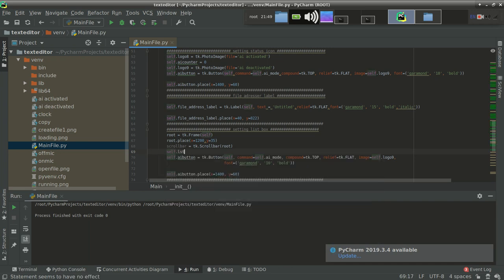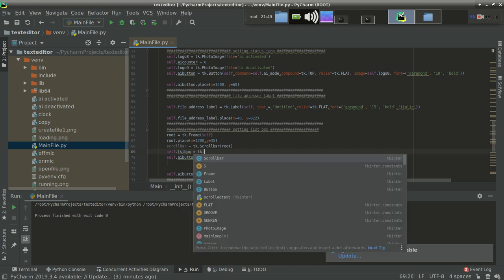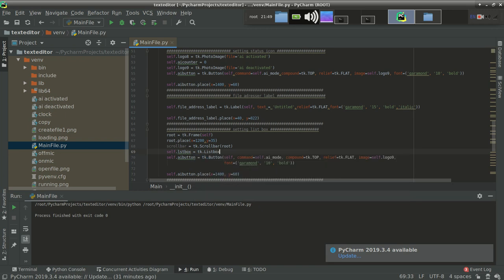Self dot lst box means list box, tk dot Listbox, and it should be on root, and its height should be 6. 6 is fine, and put it over the root window, means root frame.